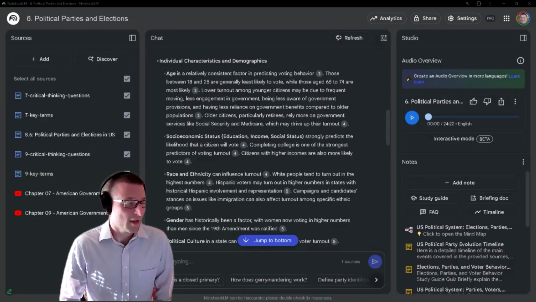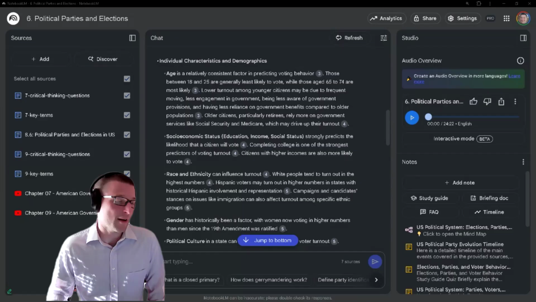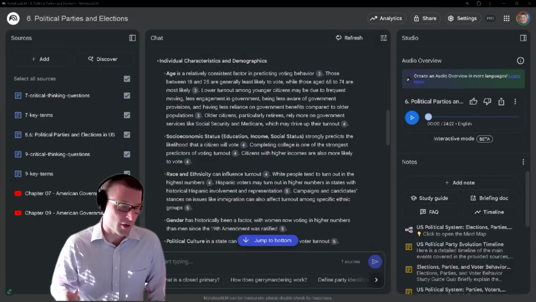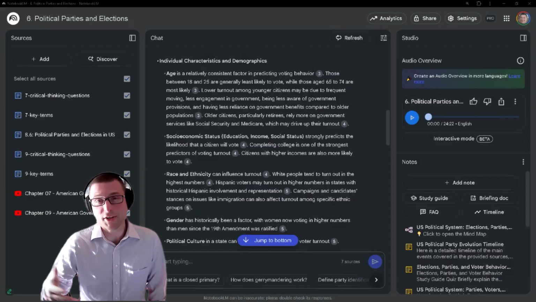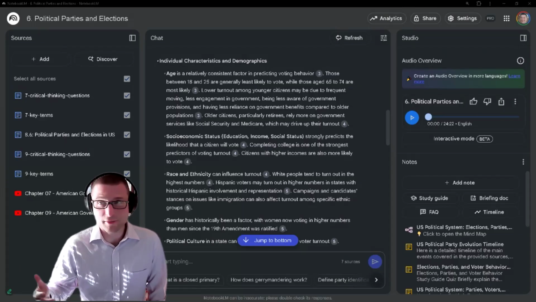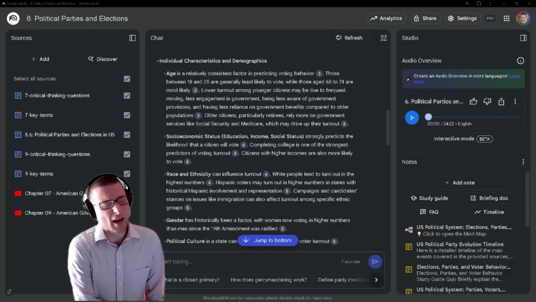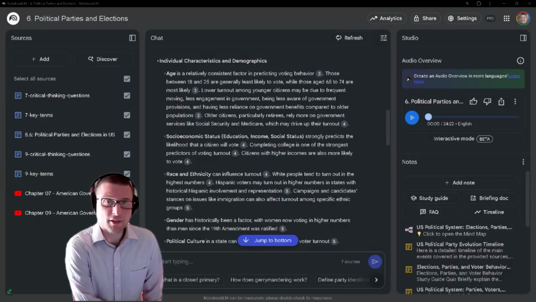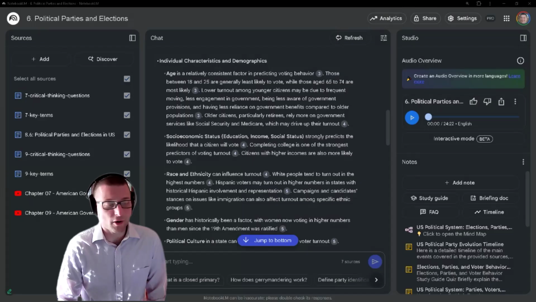Factors influencing turnout include registration laws, historically used to disenfranchise certain groups. Modern debates focus on voter ID laws, same-day registration, drop-off ballot boxes, automatic registration, etc. Political efficacy, a citizen's belief that their vote matters and that they can influence politics. The efficacious belief that you can actually have a say in an election leads to more voting. Mobilization efforts, campaigns, and parties work actively to get their supporters to the polls to drive turnout. And then the election type affects turnout as well. Turnout is highest in presidential elections, which draw people out, lower in midterms, and often very low in local and